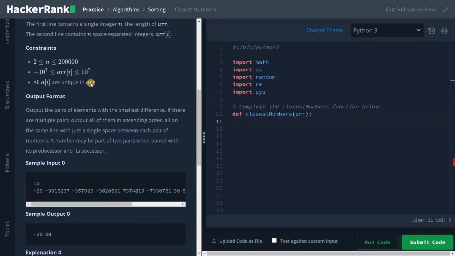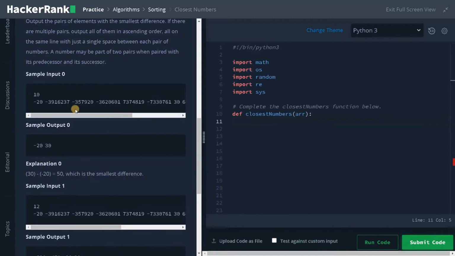The worst case of sorting time is n log n, but with the use of integers we can sort it in order of n using counting sort. It depends, but I'm going to use the inbuilt sorting algorithm in Python. If you want to use previous algorithm techniques that we have covered in the videos, you can also use that.